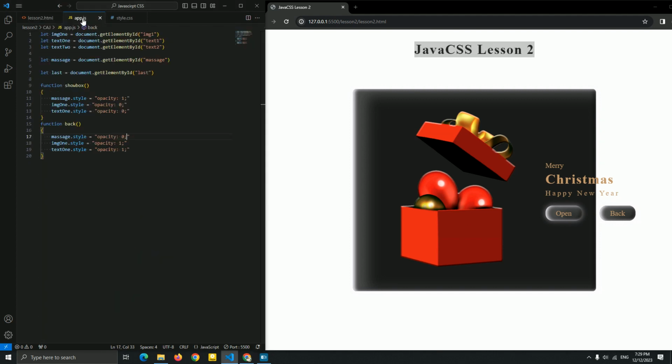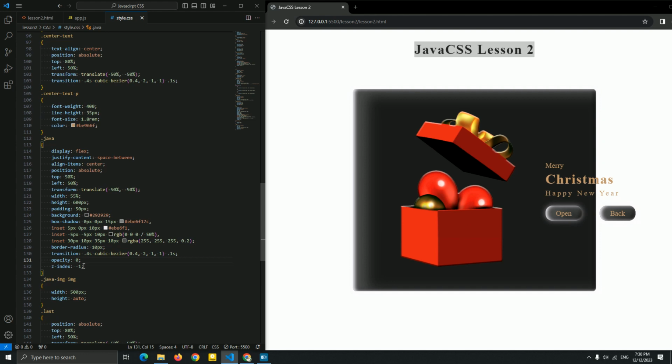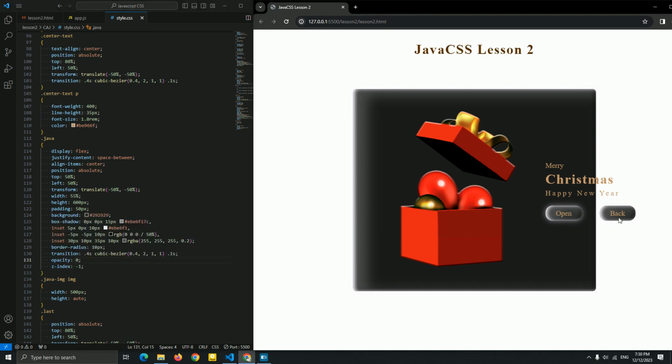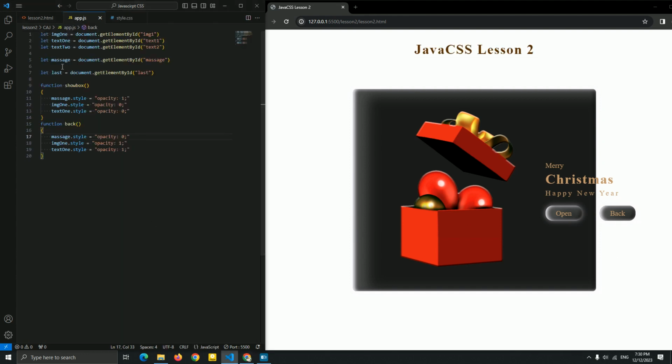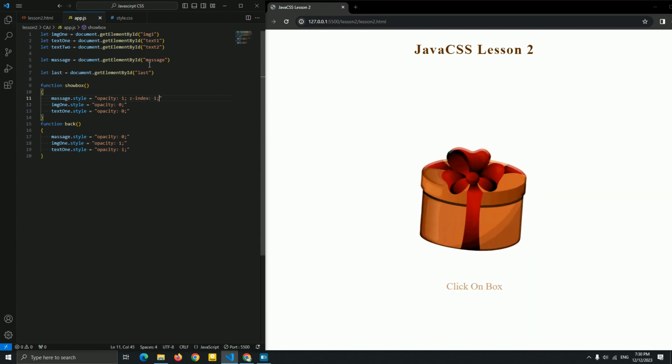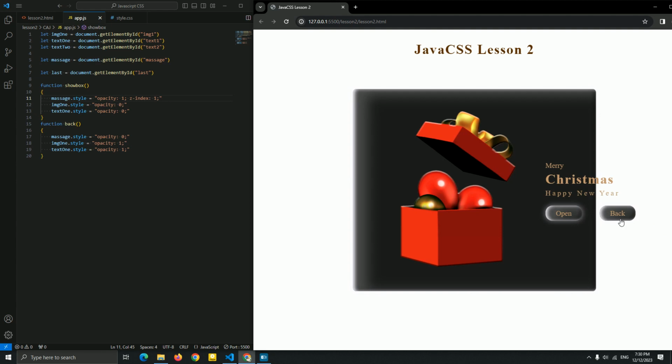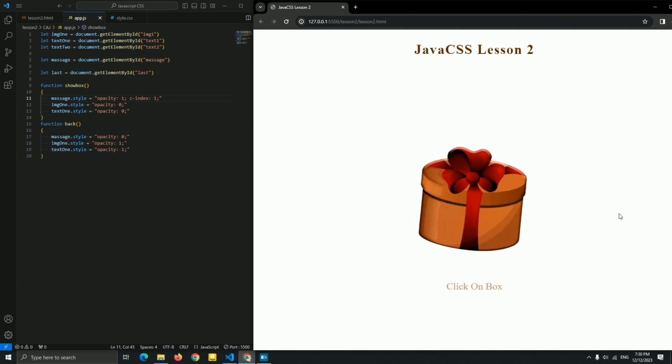Oh yes, I'm sorry guys, I just forgot about this. Let me add a z-index, because we added a z-index of -1 to the Java, that means you can't click it. So let me add it here in the show box of the message. Let me add a z-index of 1, and now you can see we got it, yes, better.